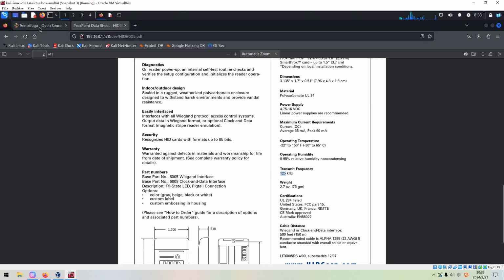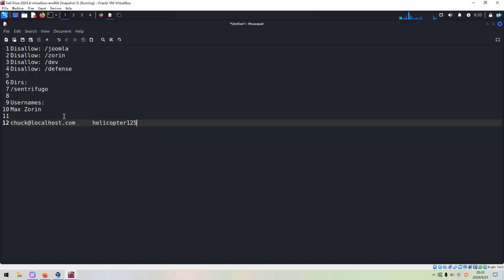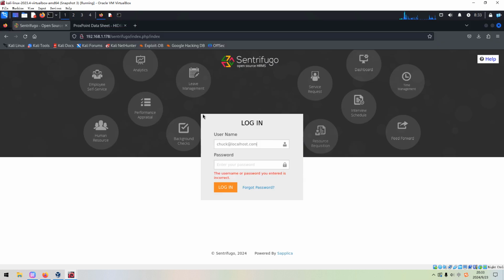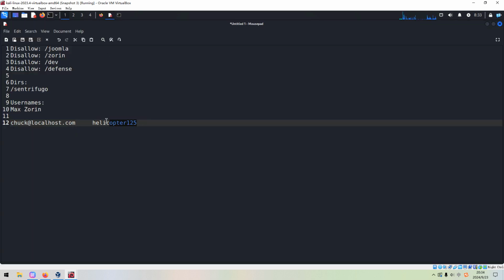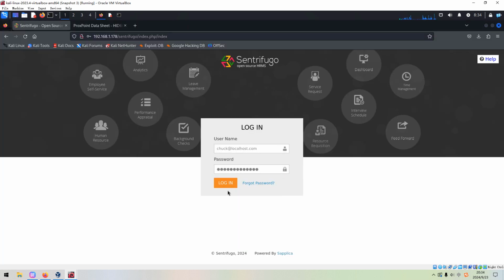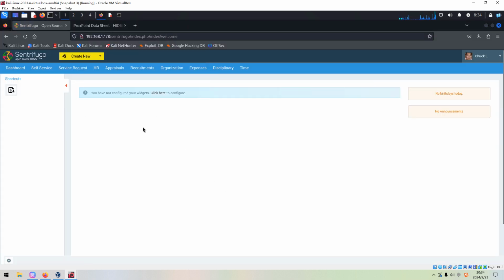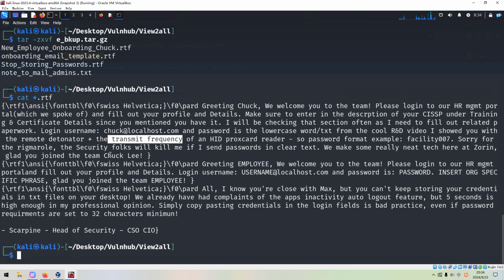Okay, so now we go back and we can copy this username and also the password. Login. It does work. So next, just now we already know that possibly this CMS has some sort of vulnerability, right?